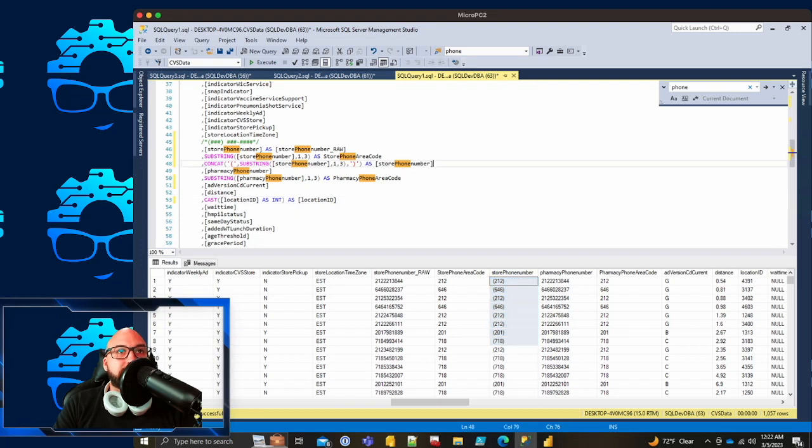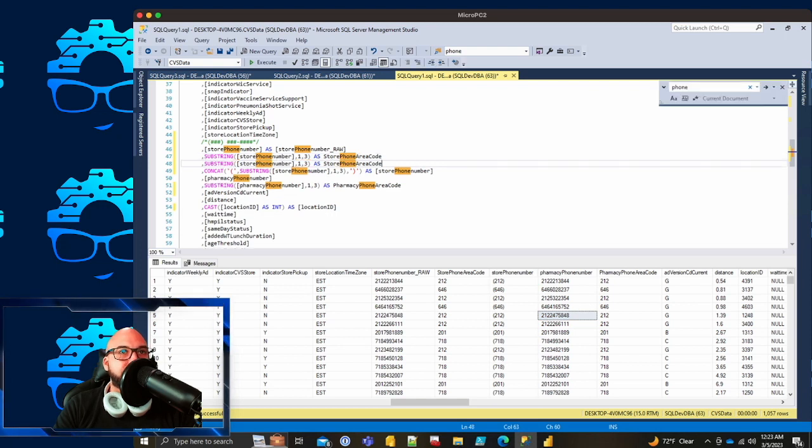All right, so the next thing we want to add to this is the prefix numbers, right? So those are the next three numbers afterwards. So what I'm going to do is take the same substring function that I had up here and just copy it. And I think I want to start at number 4 and go for 3 more, right? So I want to break this out. We have this number here, for example. We want to break it out into the first 3, and then the next 3,